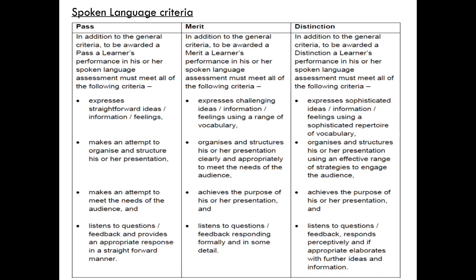For distinction, it is about expressing sophisticated ideas, and it is really clear when a speech or presentation is distinctive. We have a lot of exemplars. We have heard Martin Luther King Jr.'s speech. We have heard Barack Obama's presidential speech, and we know that they use a lot of rhetorical devices, a lot of rhetorical features to get the audience on side. So you have the examples of a distinction, a pass, and a merit